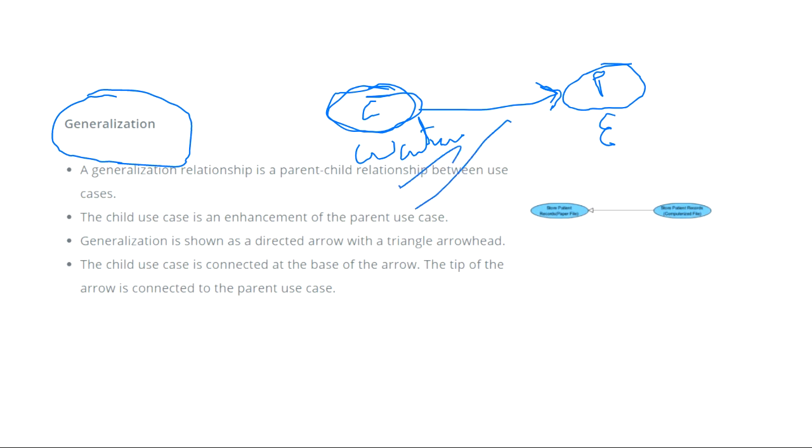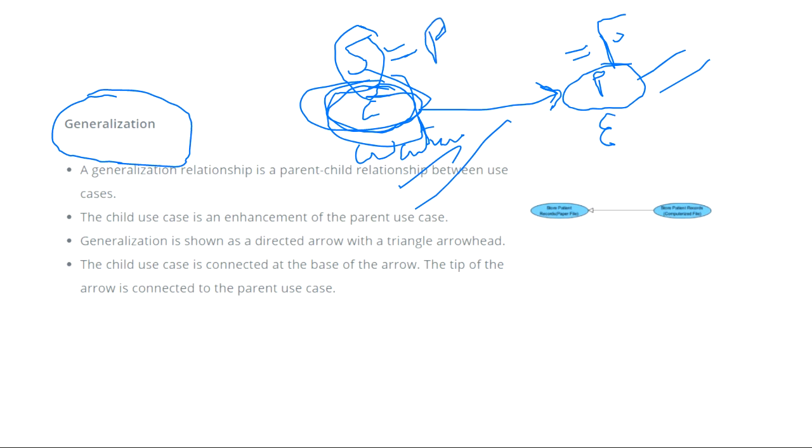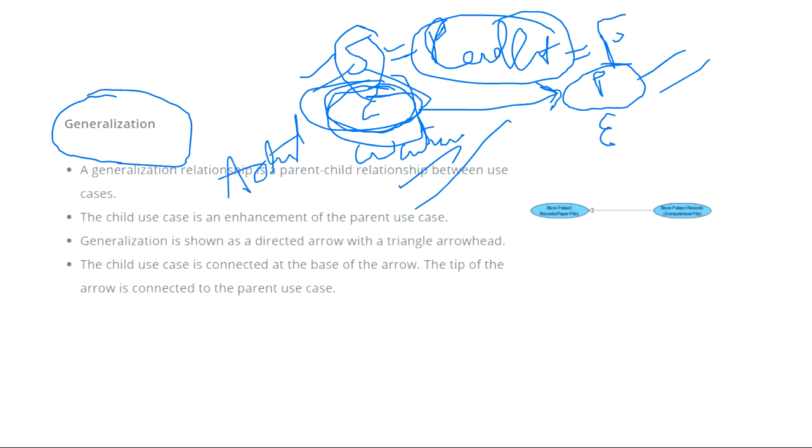So what is the child class? Child class will have all the properties of this parent class. That is what inheritance is. I gave you the example of Sachin Tendulkar and his son. Suppose this is the son, this is the father. So the son will have all the properties of the father, but the son will have some extra properties also. For example, suppose Sachin Tendulkar's son is good at cricket because of his father. He has acquired the properties of cricket from his father, but he can have his separate properties also. For example, he can be a good artist. So generalization is directly inheritance.